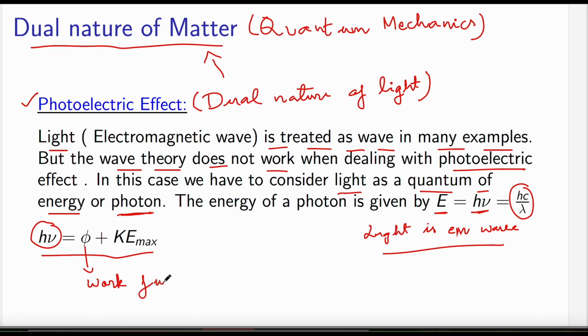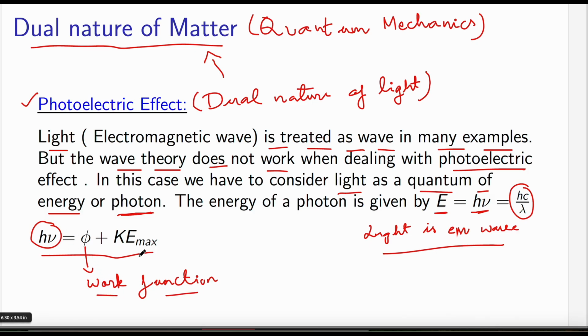This is called the work function of the metal. Part of the energy is spent in overcoming the barrier at the surface, because the surface will always try to prevent the electron from escaping out. So that is called the work function,